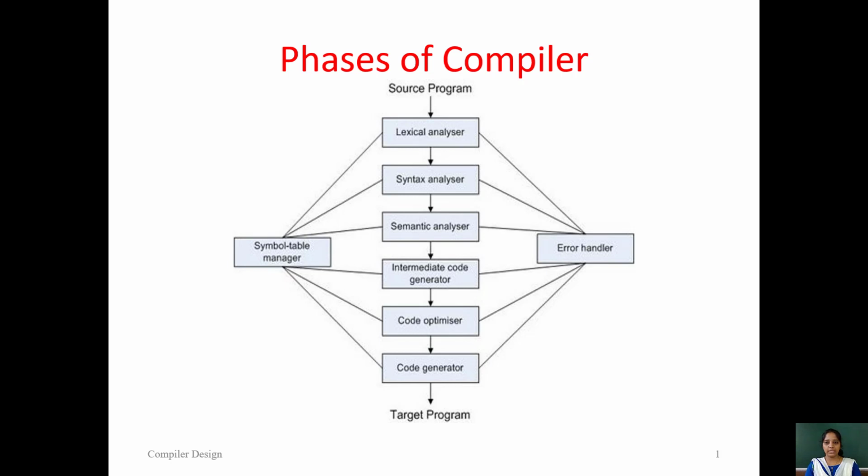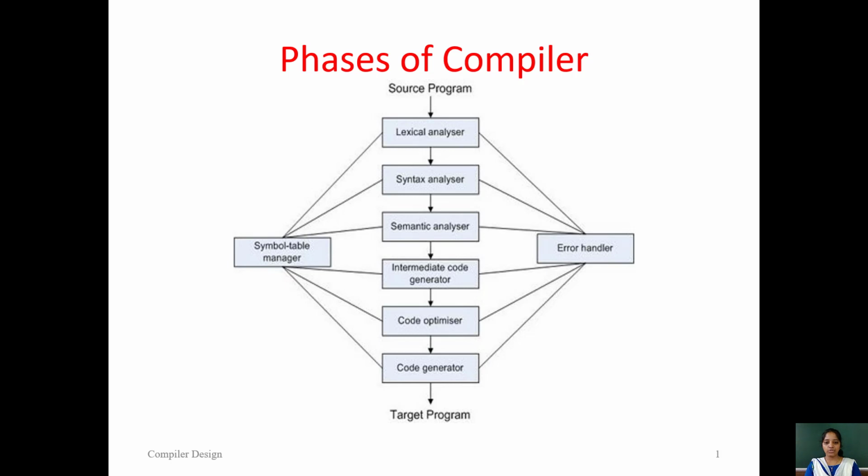Okay, already we have known what a compiler is. A compiler is nothing but converting source code to target code. Source code is the program written by the user. Target program is the program understandable by the computer or the machine. The program we write is not understood by the computer, so we convert the user program or source program into a target program or machine level program.